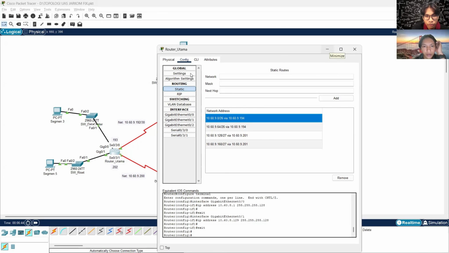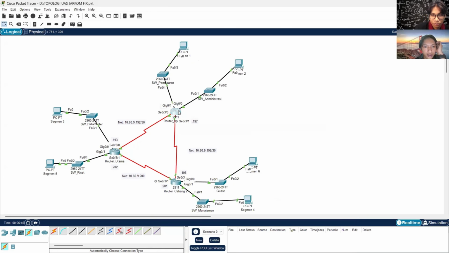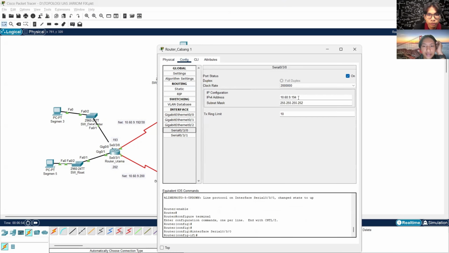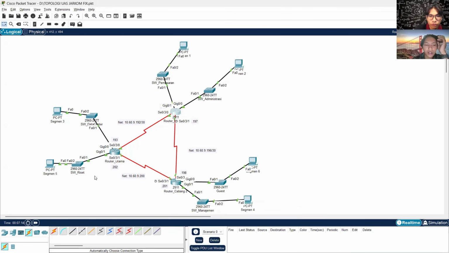10.60.9.194. If we look at router cabang 1 in the serial, this is the address of router cabang 1. So it is basically like a gate that the package is directed into first.